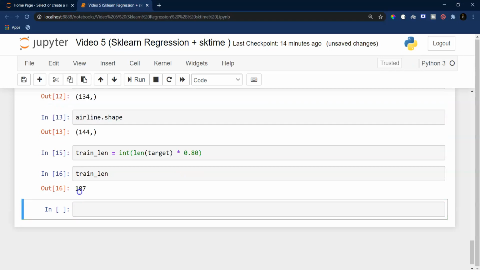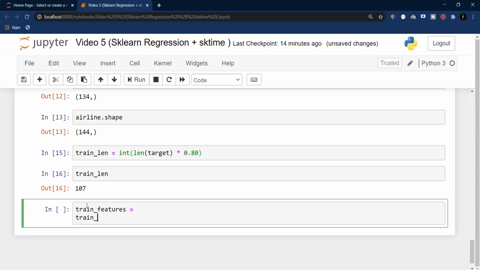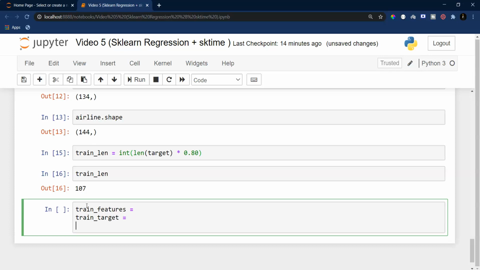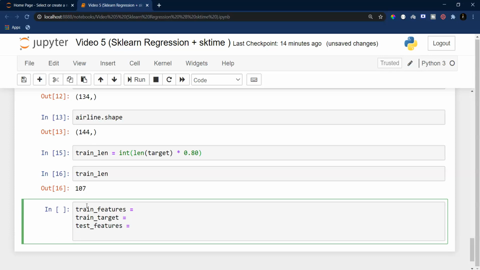So the train length is 107. Now what I can do is something like train features, and let me also do train target, and also I'll say test features and test target.